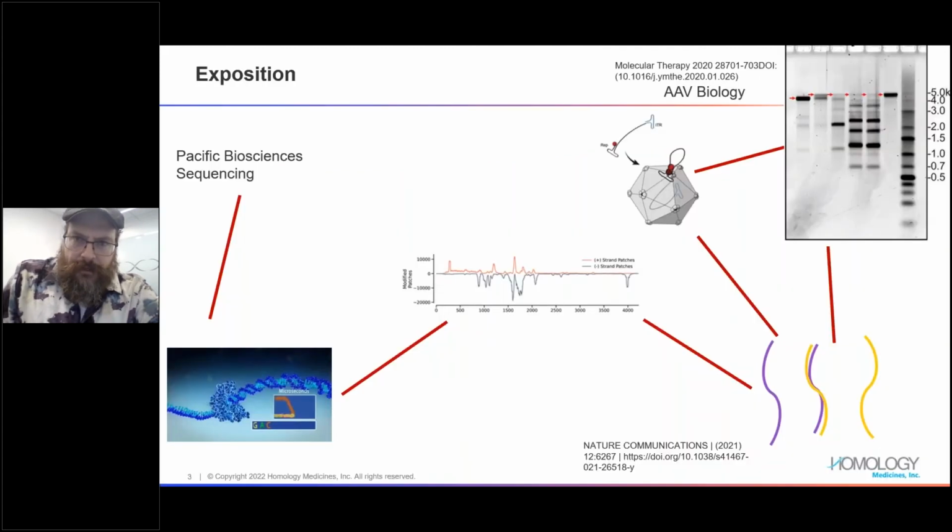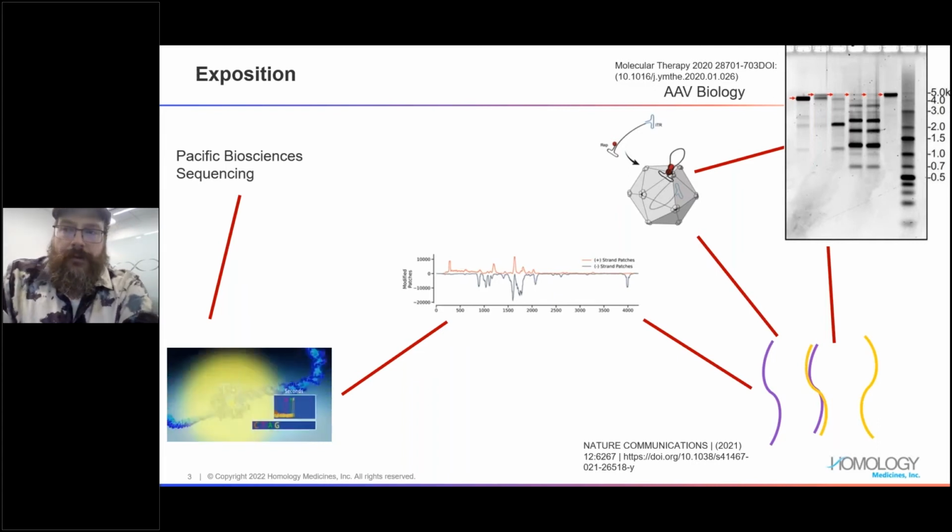So anyway, on this exposition slide, on the left, conceptually, you've got the uniqueness of PacBio sequencing, its ability to look not just at what bases are being integrated, but also at the modifications which you can apply to bases. And the reason you can do that is because of PacBio's ability to look at the kinetics of the actual sequencing event. In other words, you pretty much have a microscope sitting there observing the polymerase, and you can observe